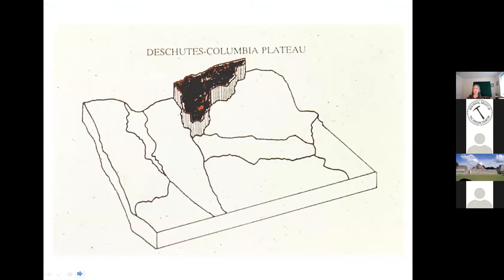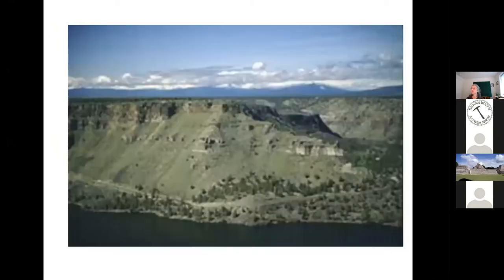Okay, now we'll talk about another kind of volcano that covers this region of Oregon, the Deschutes Columbia Plateau. Most of the Columbia Plateau is up in Washington. This is a little piece of it that sticks down into Oregon, and it's made of lava flows. The source and origin of this lava is right along here, our border between Oregon, Washington, and Idaho. Several vents through here spewed lava, and I'm sure you've probably heard of the Columbia River basalts, and this Deschutes Columbia Plateau is just basalt layer on basalt layer.